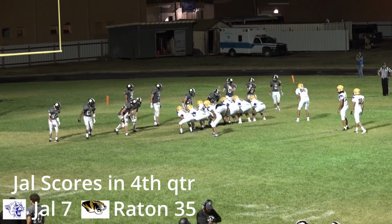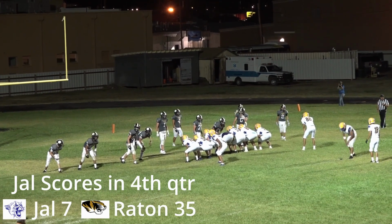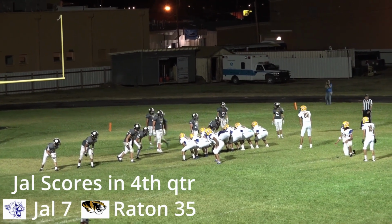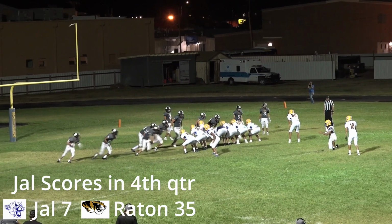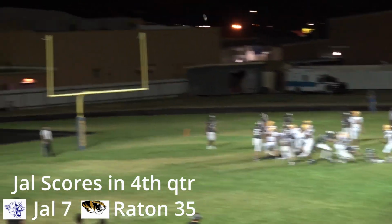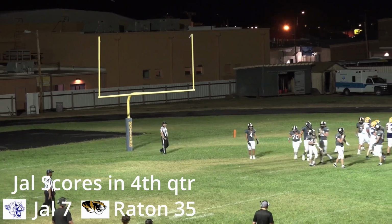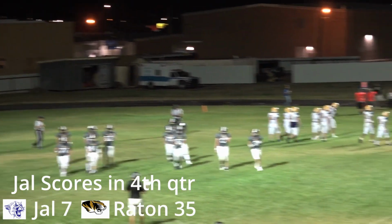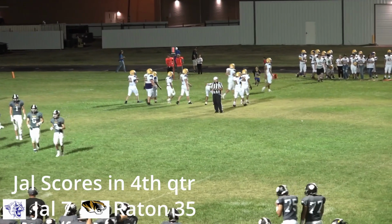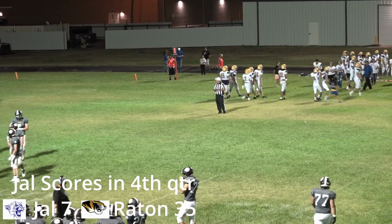So the first extra point attempt tonight. And it's going to be Isaiah Rodriguez, who is the kicker out of the hold by Corion, Mr. Everything, Corion. And it is up, and it is good. 58 seconds to go in the game. Jal gets on the scoreboard. Still trails 35-7 with